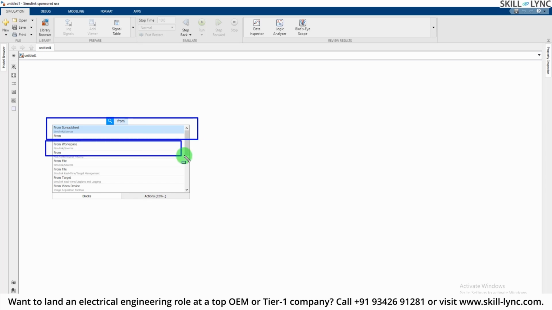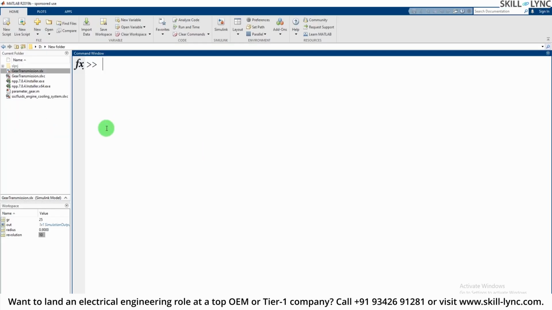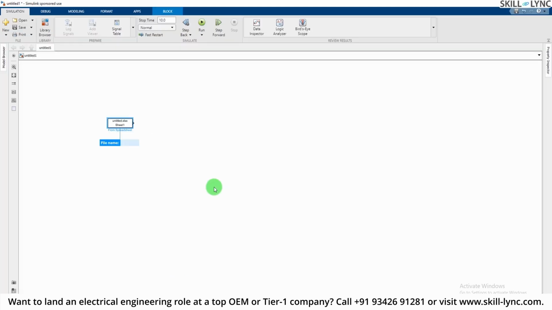So if you have some data already available in your workspace by your script file, you can use the same workspace variable or data in the model itself. So let's now learn about From Spreadsheet. Let's use the Excel input, and what we have to do is just use From Excel or From Spreadsheet,